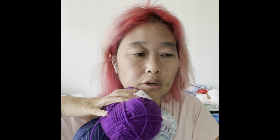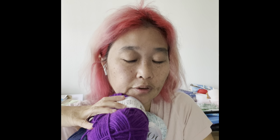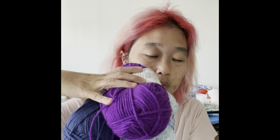You could probably even add this too to make something like a fun scarf, or I don't know, even an amigurumi. If I had a couple more skeins, maybe a blanket, or even a lap gown. So yeah,